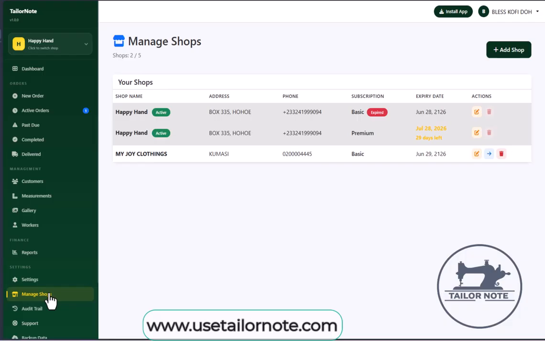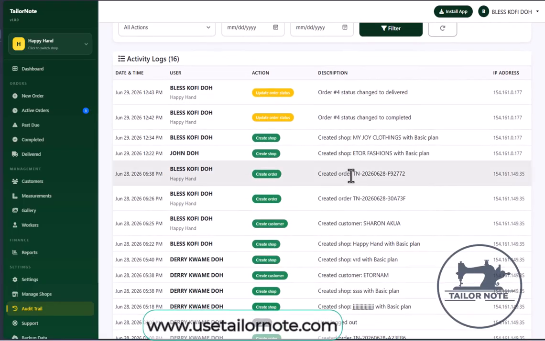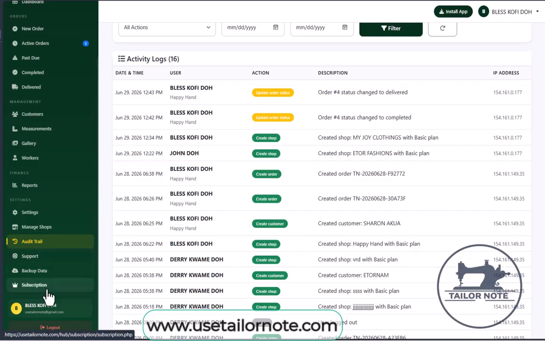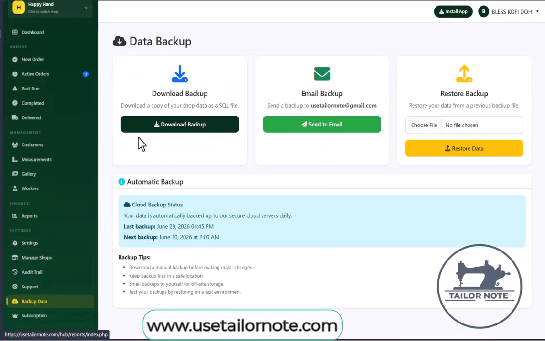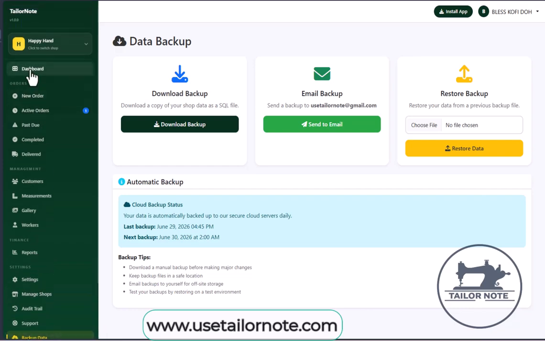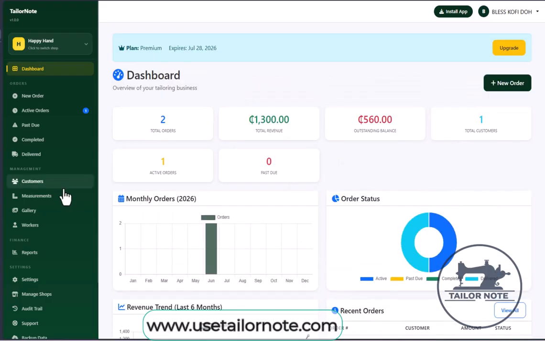When you go to the audit trail, it tells you what you have done in the shop. You have created a shop, you have updated an order from delivered to completed. And then you can also back up. When you want to back up under premium, you can just back up and then restore previous data in case you lost some. And then the dashboard side too gives you a summary. So that's how simple